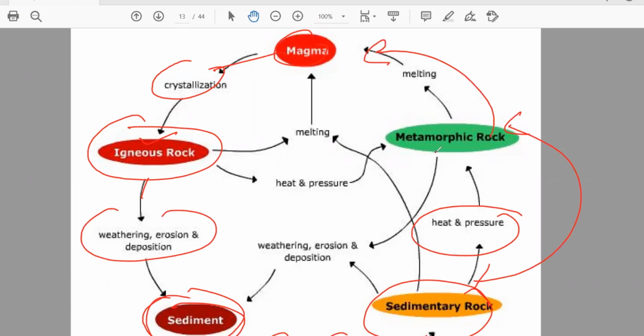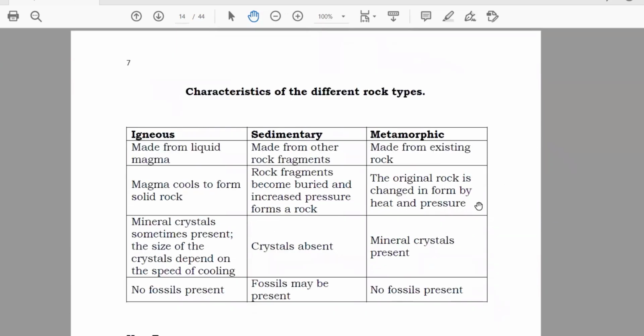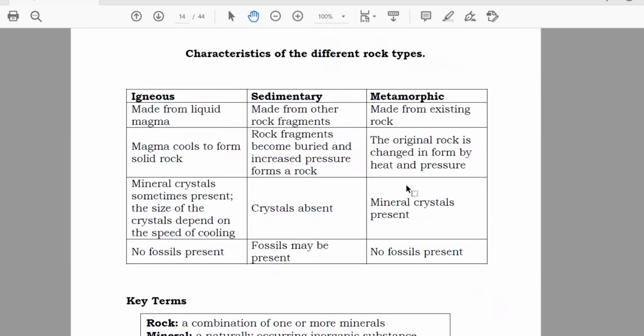And metamorphic rock can again break down into small pieces, into sediments. So they are interlinked with each other. You should check that one. So these are the characteristics. We will start